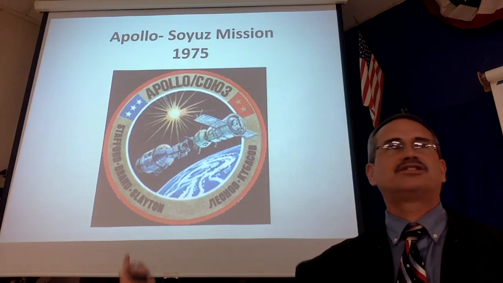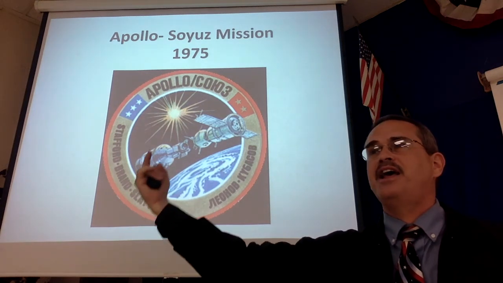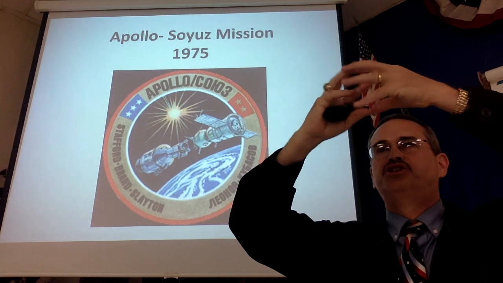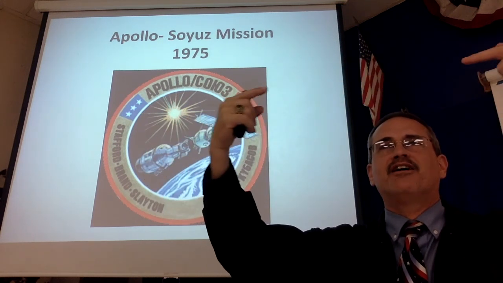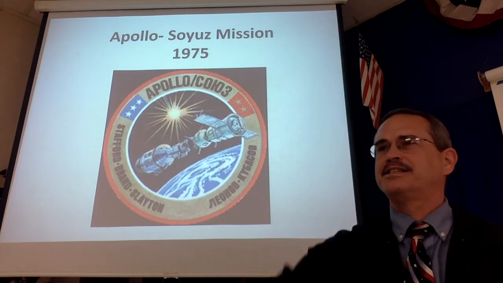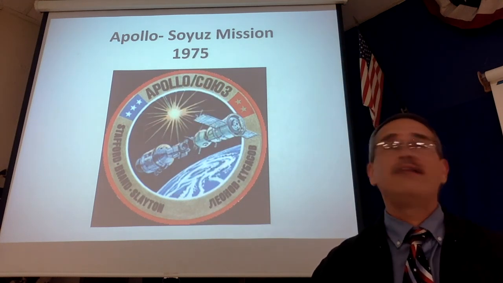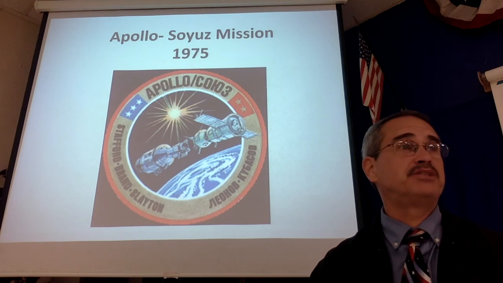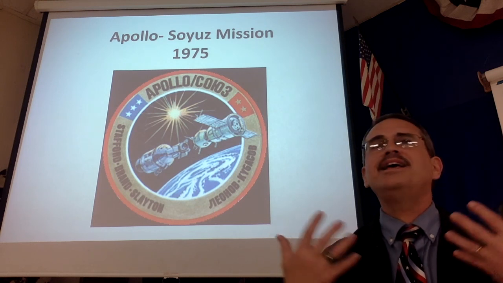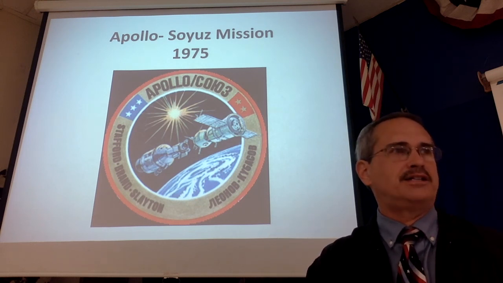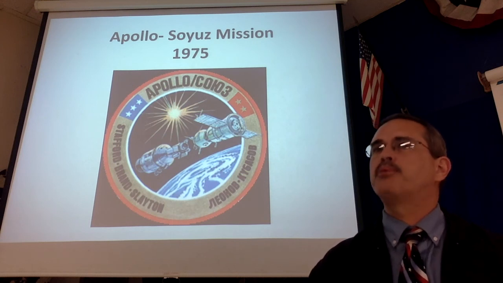We sent astronauts and cosmonauts into space, and they floated along, and those locks joined, and our astronaut and cosmonaut floated into the airlock and shook hands in space. It was the first time that we had ever had a joint space mission between countries. Between a communist nation and a capitalist nation, we're easing tensions in space. Things are looking pretty positive.